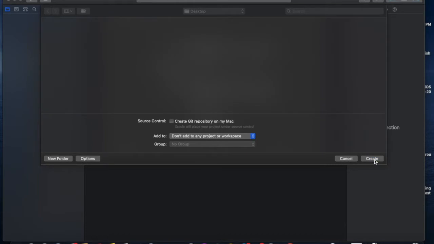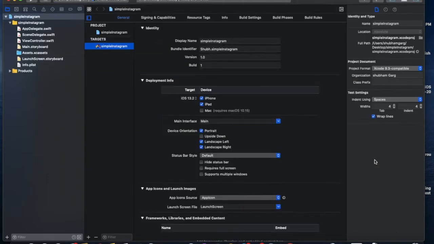Firstly, you can use a login page. So for login, you can use Firebase authentication or any other tool or your server for login. So we are not going with that part. We are just showing you how to pick the image from your phone library, from camera, and how to show all these things. So firstly, go to storyboard.